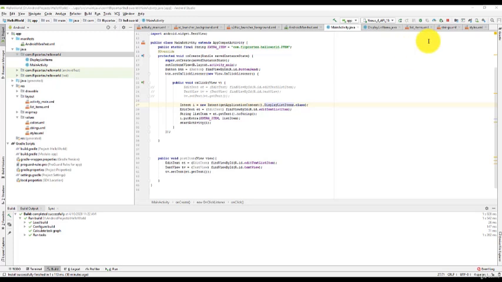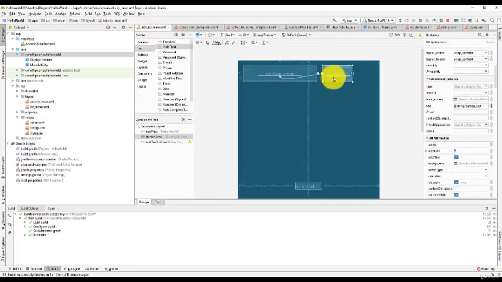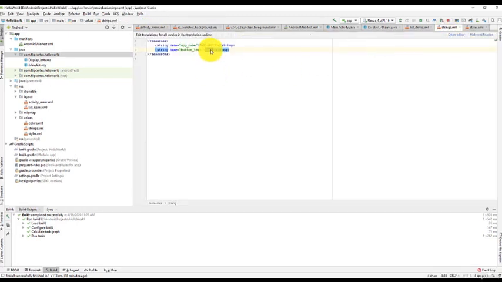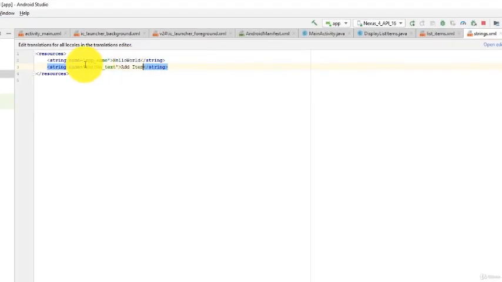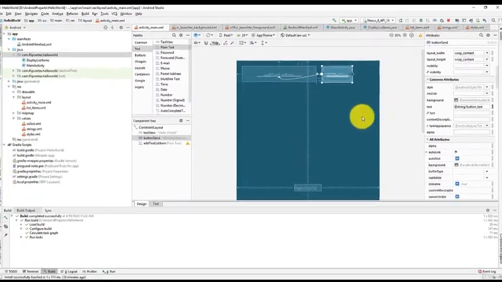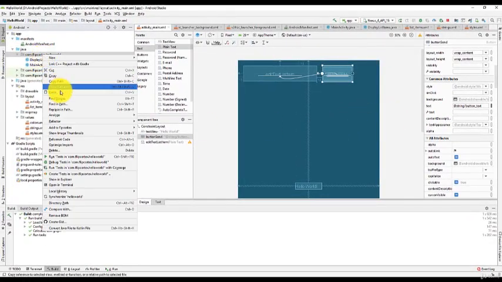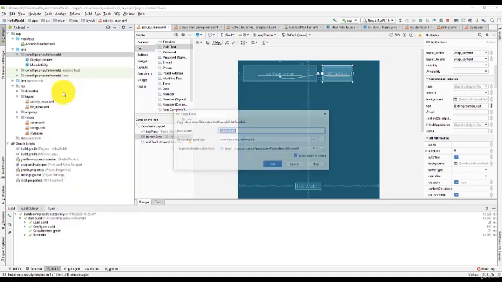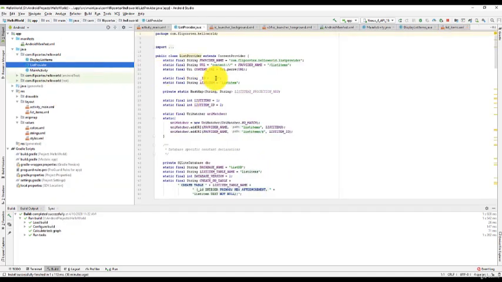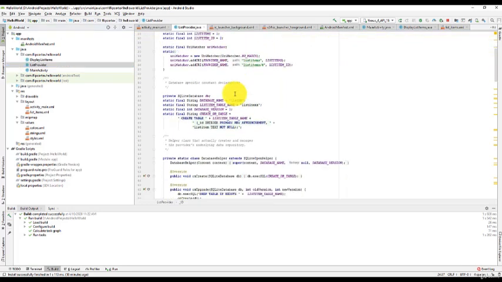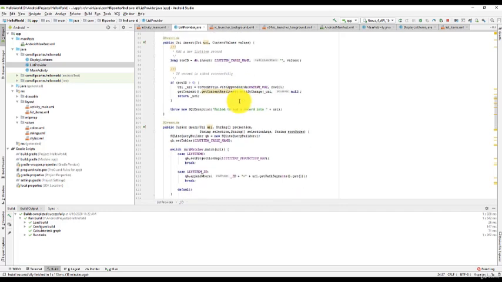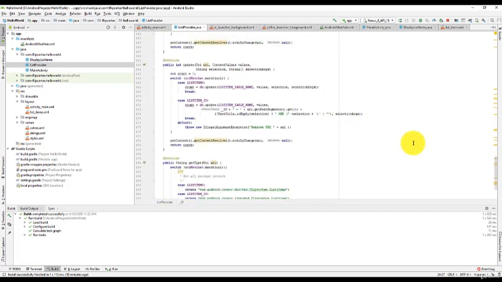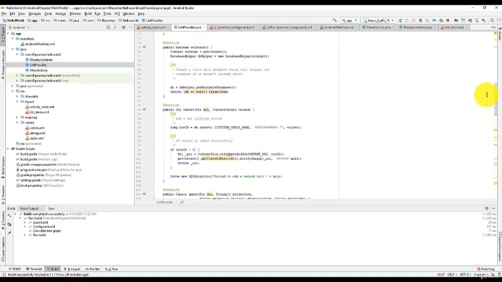So what we want to do now, let's change the UI text of the button and call it Add Item. Now when we click on Add Item, we want to add the text to a list. The code behind this is a bit complex and out of scope, so we will be providing a lot of code that you will copy and paste. But we'll just show you some of the steps involved in order for you to know what to look for in content providers. So the code itself, if you're familiar with SQL, you will immediately see the similarities.